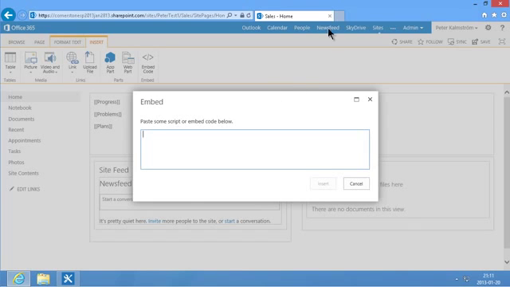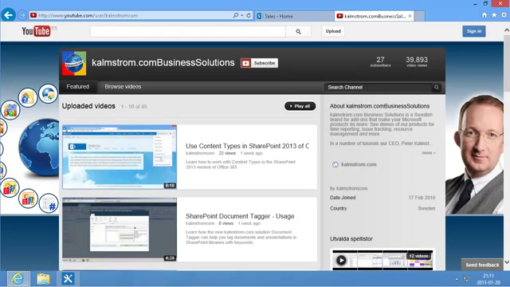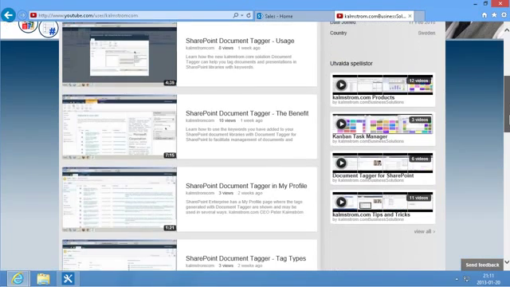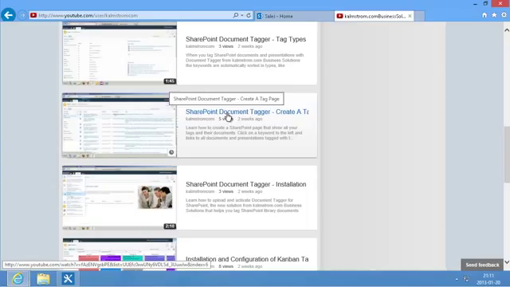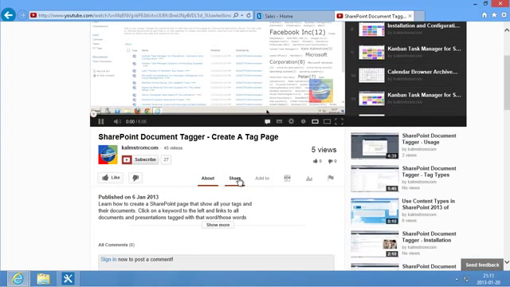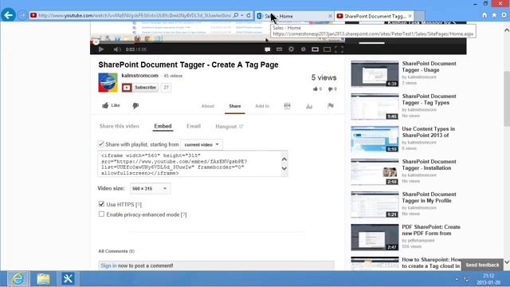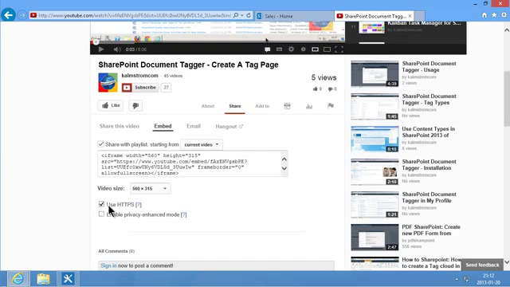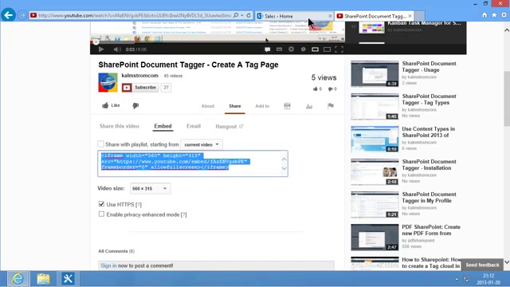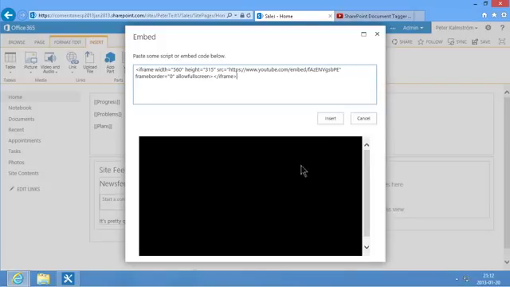and here the code that I'm going to embed is going to be from YouTube, so I'll go open YouTube in a new window. So I have a direct link there to the Kamstrom.com YouTube channel. Now I'm going to just take one of these videos and embed them into my SharePoint site. Let's have the one for SharePoint document tagger. I'm just going to click that link here, and then I'm going to embed that, and I'm going to make sure to use HTTPS. Since my SharePoint site is using HTTPS, as you see, I need to have the YouTube link with HTTPS too. Then I'm going to just copy that, the iframe link, and then paste that in there,